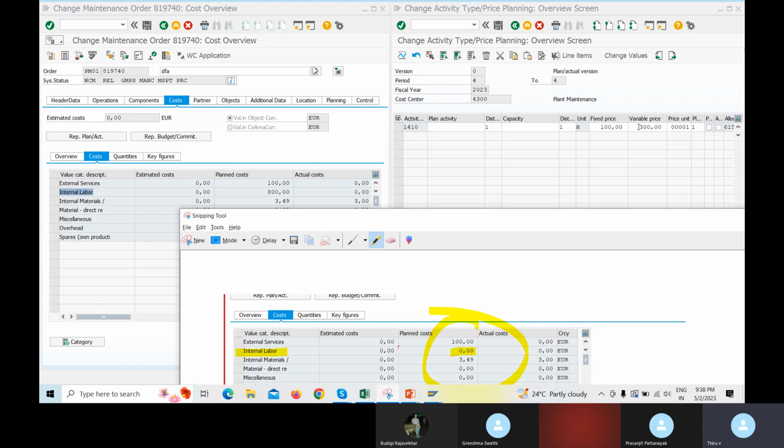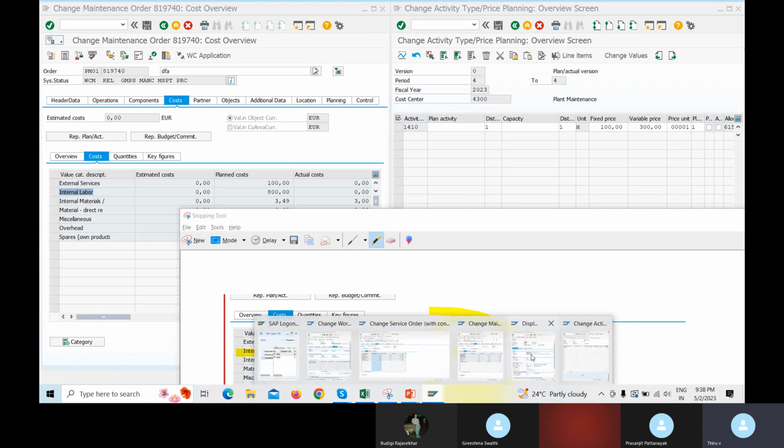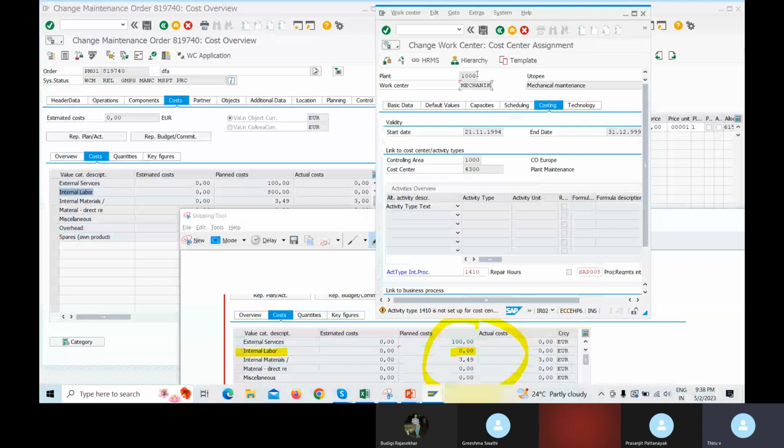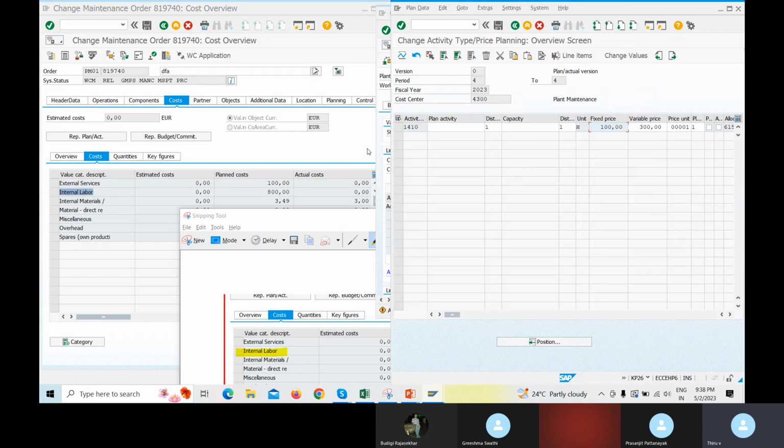Okay. What is activity type? We should be very clear. This activity type is maintained in your work center costing tab, right? Cost center, activity type. This activity type against this cost center. Against this cost center. Be very, very clear. Why am I telling this again? This cost center is not coming for the settlement. Settlement, where will it come from? It will come from your execution master. Here, both need not be the same.